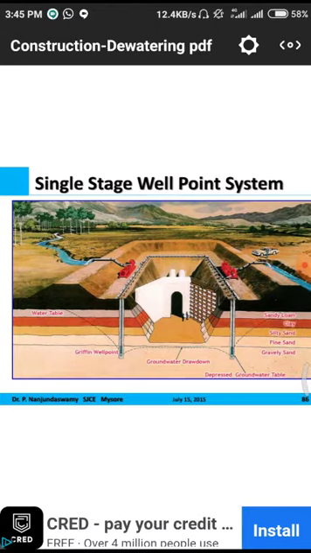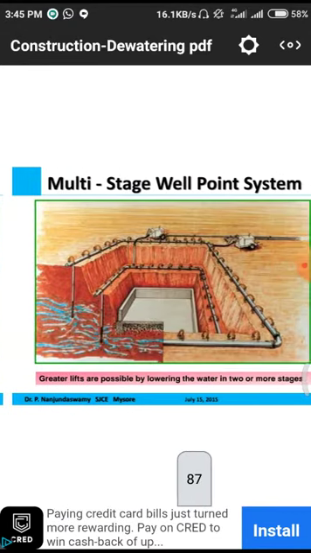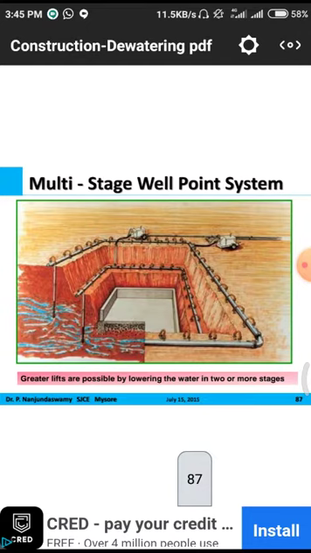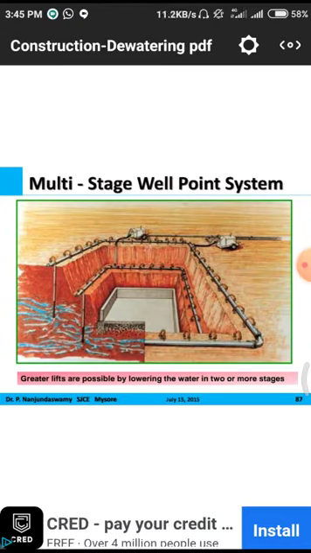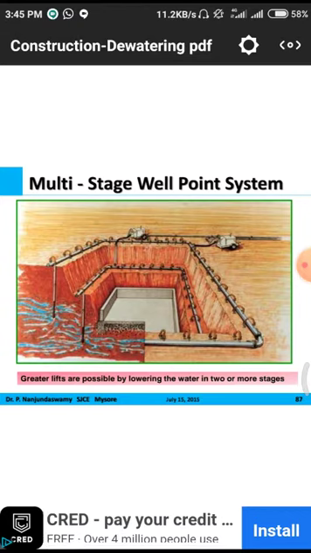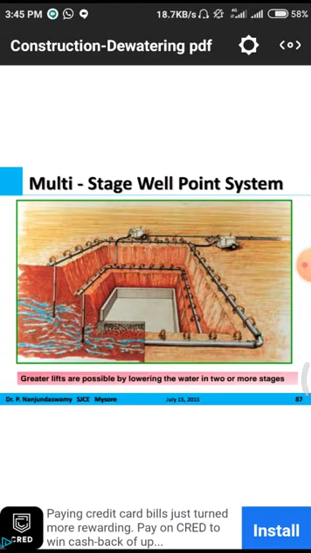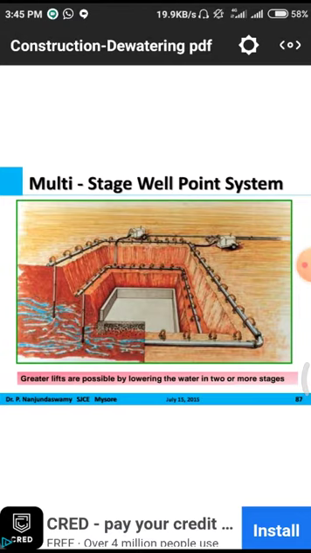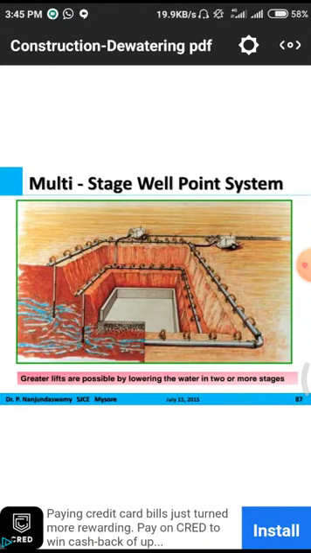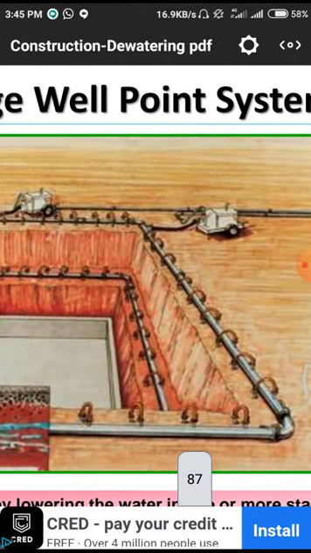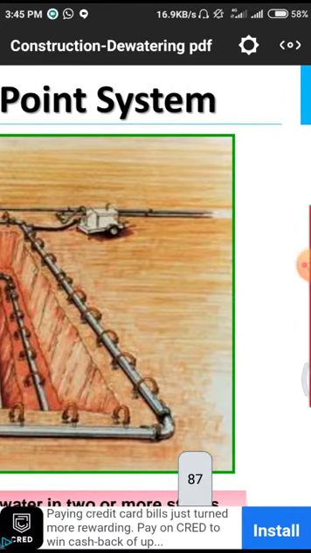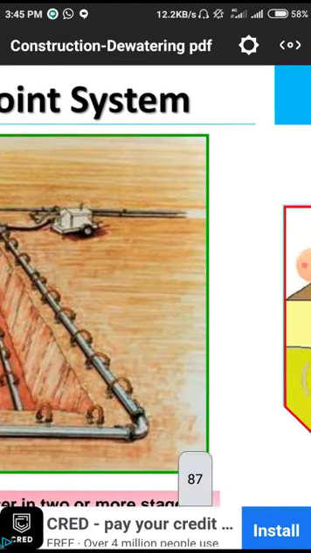Whenever doing such practices, that means removal of water from the soils, it is a multi-stage well point or double well point. That means here we are collecting in 2 stages. On the top stage we are collecting with one pipeline, and on the second stage with another pipeline system, so it is multi-stage, with more than one pipeline. From those 2 pipelines we are collecting the water and feeding it into another canal. Here we have two pipe motors with 2 separate pipeline systems. That water will be fed to another surface.